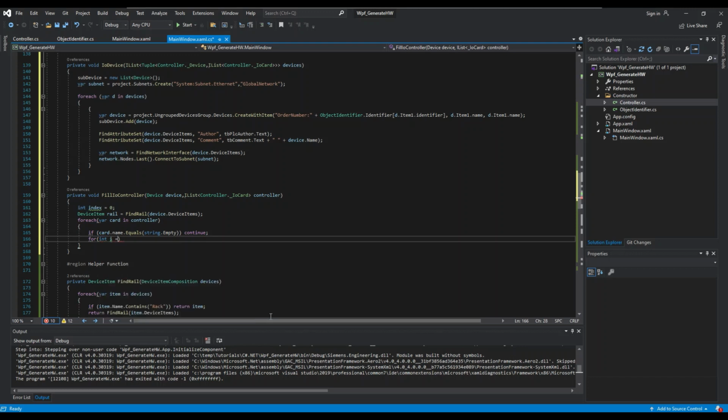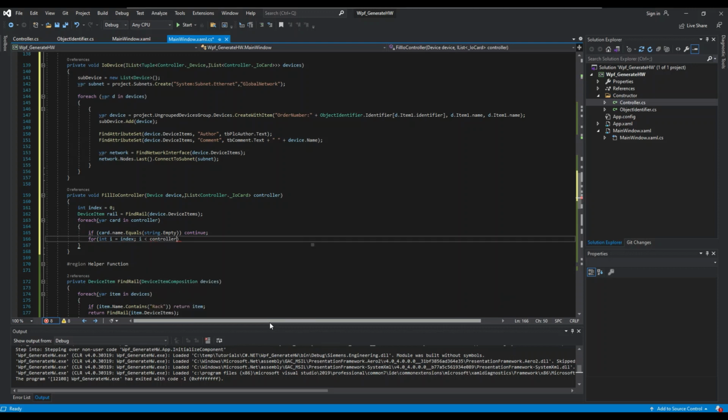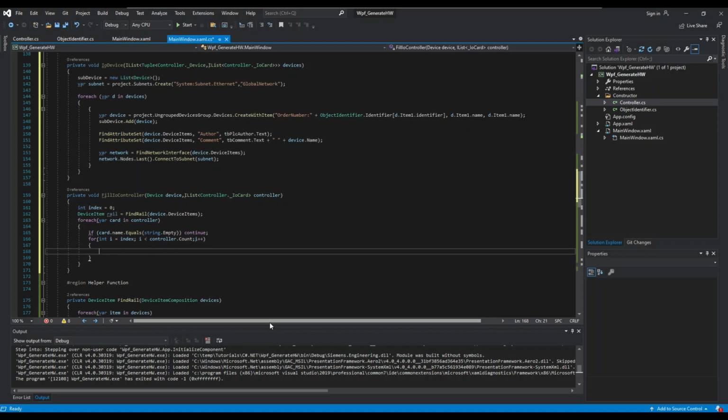Let's create an I integer, and we're gonna give it the index value, and here we're gonna say it should be smaller than the controller count, and let's increment I. So here I'm gonna say if it's not rail can plug new, then I'm gonna go and say order number,